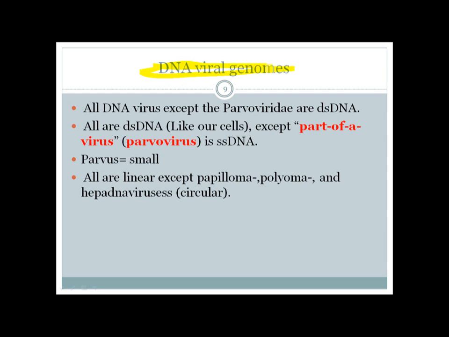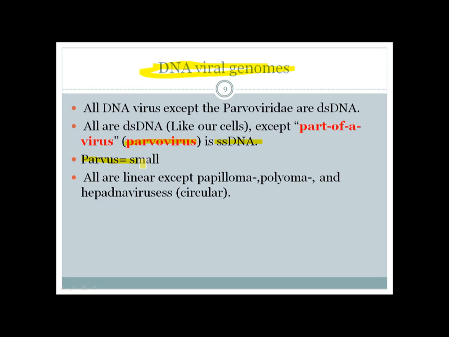And here we are discussing DNA viral genomes. As you know, the DNA in your body is deoxyribonucleic acid, and you have a double-stranded DNA helix, which is very important to know. But in some viruses, especially parvoviruses, this DNA can be single-stranded. Only parvovirus has single-stranded DNA, but all other viruses have DNA like ours, meaning double-stranded DNA, which can be linear or circular.